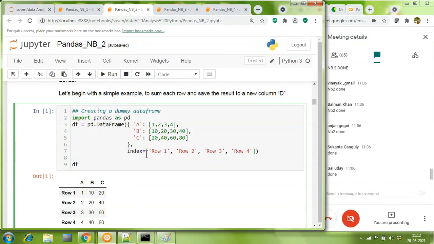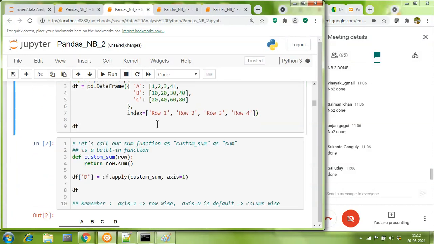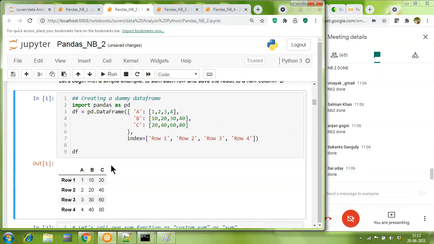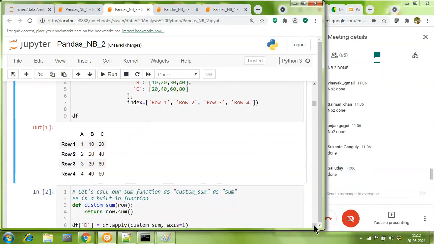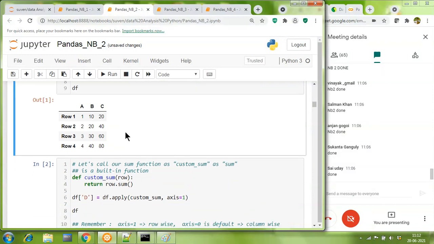Row 1, 2, 3, and 4. So when I run this cell, what do I see in the output? Very clearly is the data frame, the dummy data frame made.